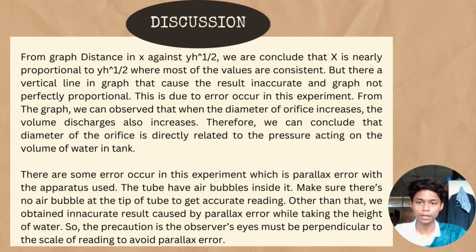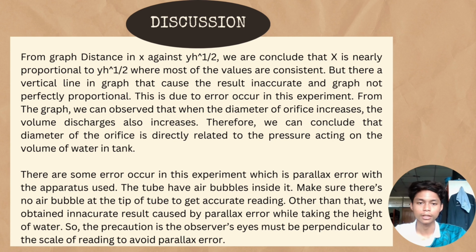From the graph, we can observe that when the diameter of the orifice increases, the volume discharge also increases. Therefore, we can conclude that the diameter of the orifice is directly related to the pressure acting on the volume of water in the tank. But there are some errors in the experiment, which is parallax error with the apparatus used. The tube has air bubbles inside it, so make sure there is no air bubble at the tip of the tube